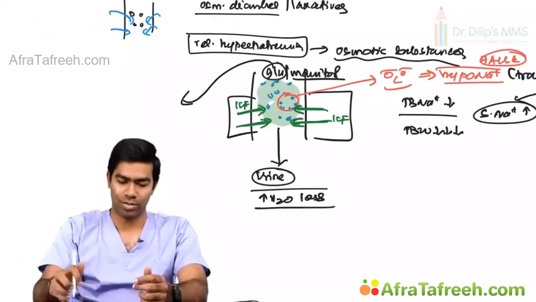But you have to understand that this water pulled from the ICF is actually going to go out of the body, and they are going to produce a relatively hypernatremic state over time, which means the patient is having a relatively hypernatremic state. That is why whenever you have excess glucose,